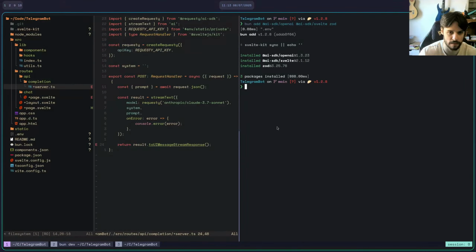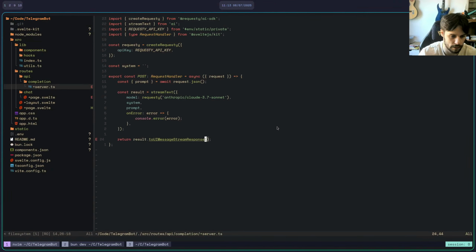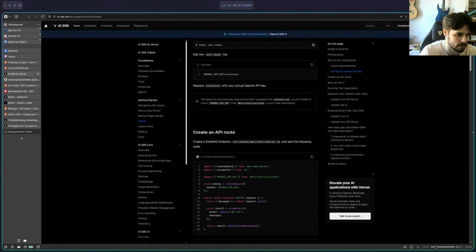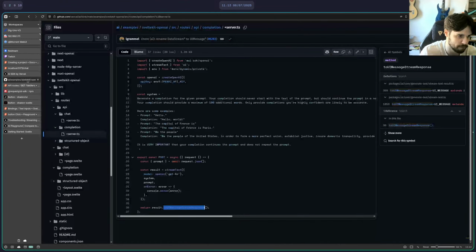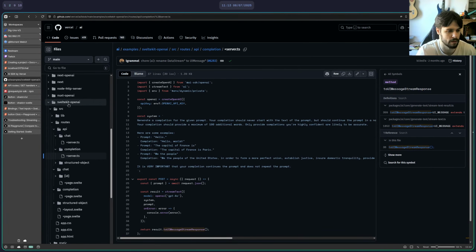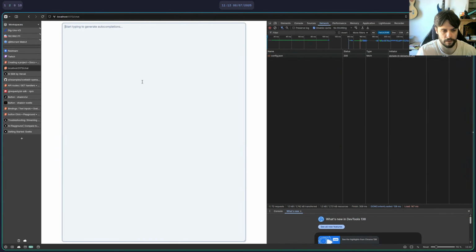To data stream response. Okay. To data stream response. That's much better. Okay, so this is out of date. So we could probably send a pull request for that. Don't know how that worked 2 months ago. It seems a bit fast.